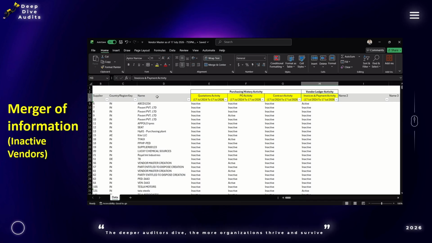This demonstration, I believe, has shown you how to pull this data and transform it into a usable vendor master analysis. And as we have seen, the vendor master is not just about messy data, it also contains a lot of risks, right? Every inactive vendor sitting in your organization is a gap that can be exploited, whether through error or intentional fraud. So cleaning it up is one of the simplest and highest impact things an audit or procurement team can do,